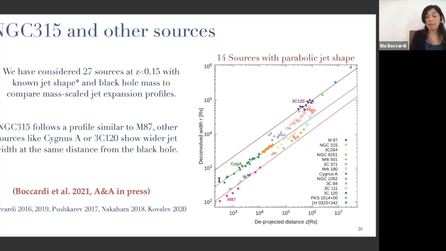So this may be an indication that this Blandford-Payne component, so the disk wind component in the jet, may not be as equally prominent in all sources. So we have tried to investigate if there is a relation between this behavior and the classification of the sources when we look at the nuclear properties.